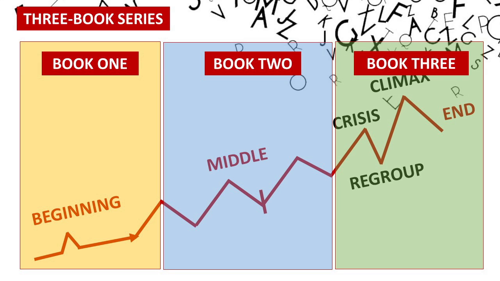But so if you're writing a 3-book series, we'll look at this graph here. And book 1, you have to have an arc covering all these elements that you put already into your plot structure for just a single book, right? Your series has to have a hook, it has to have a beginning, it has to have a middle with all those ups and down challenges, has to have a middle 50% point where things start going well and people are optimistic. There has to be a crisis and a regroup and a climax and a conclusion. So book 1 would be the beginning, book 2 would be the middle, and book 3 would be the end.